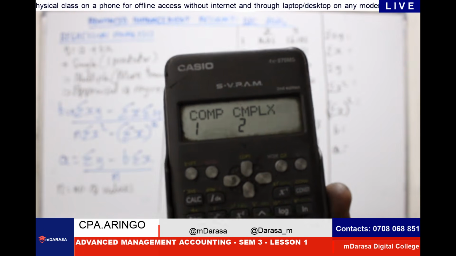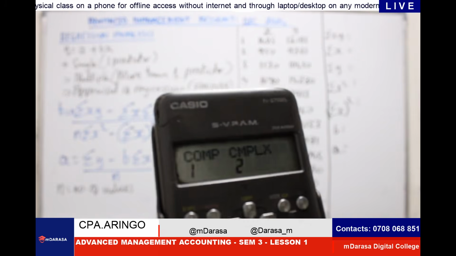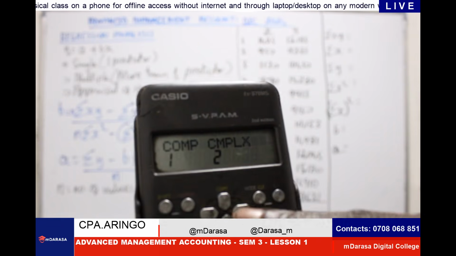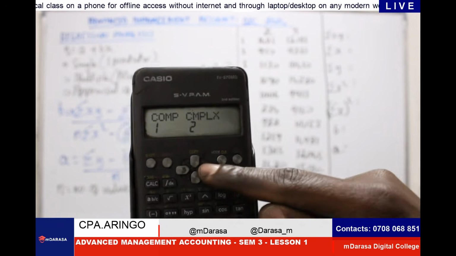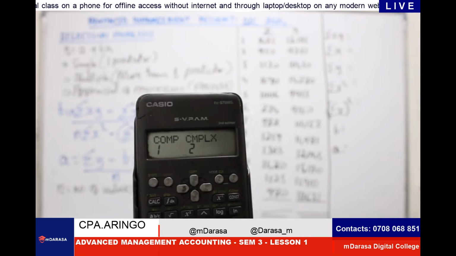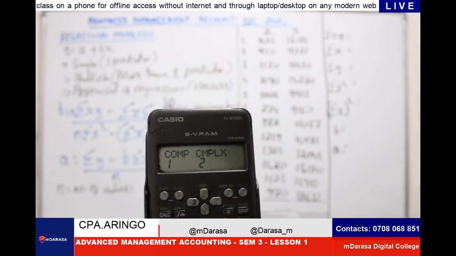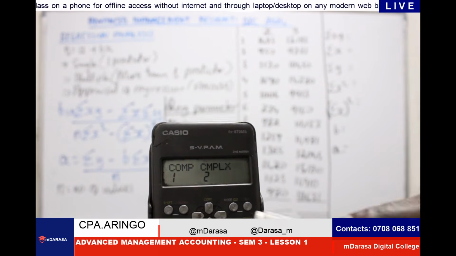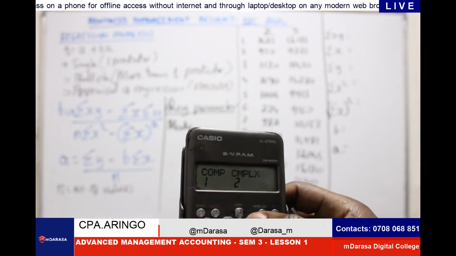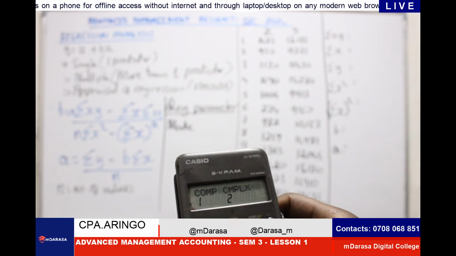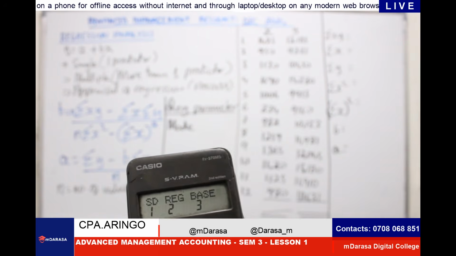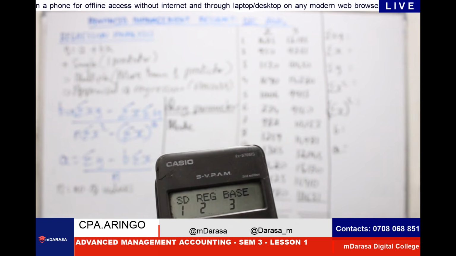So what you're doing here, we are clicking this direction, like that. We check where my regression is. So again, I click that bit, see? You click mode to see where your bit is.